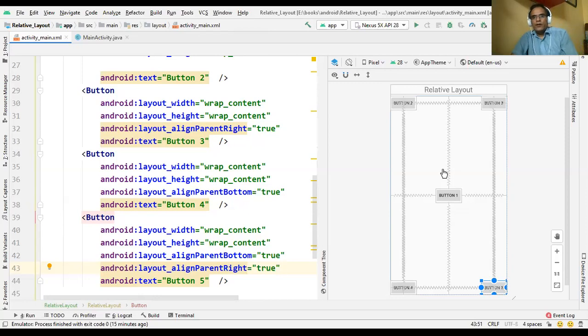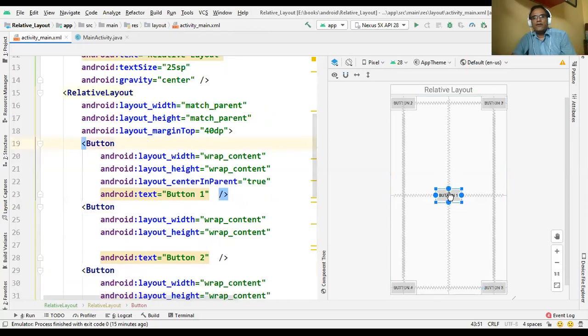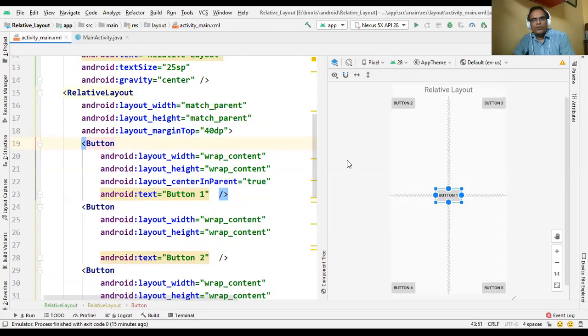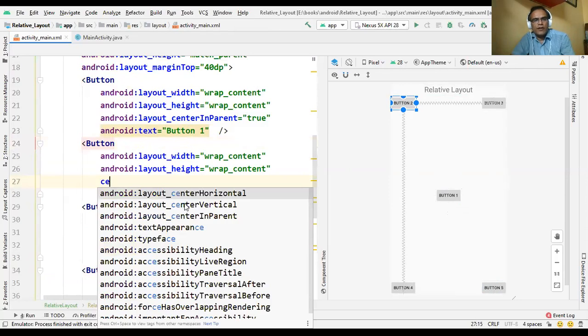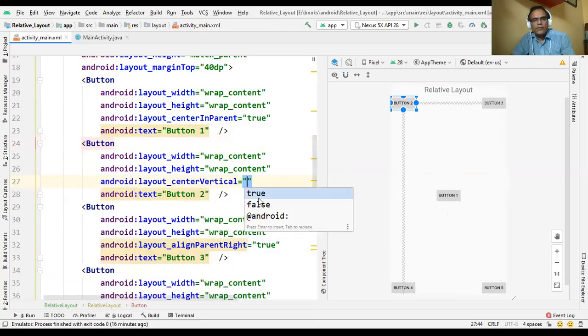Okay. Now we see how one control is related to another control. So now we want to place that button 2 here, center vertical. So now button 2 center vertical. So now we use center vertical and assign true.